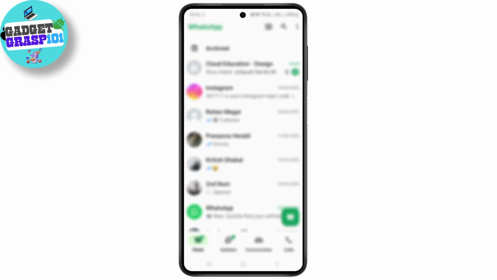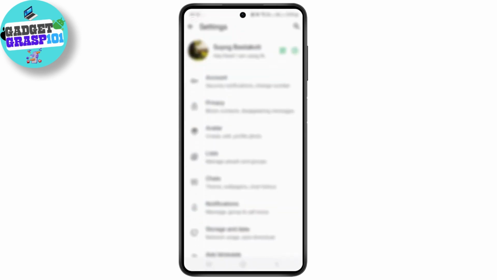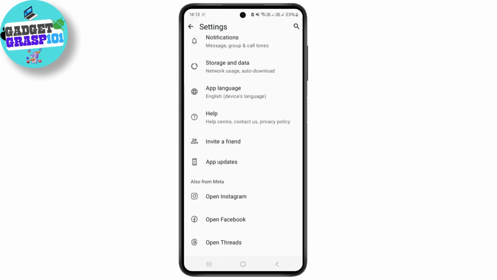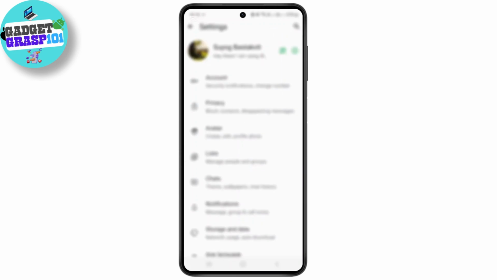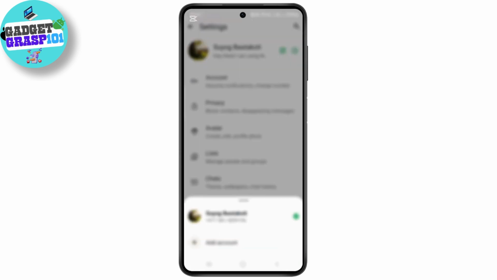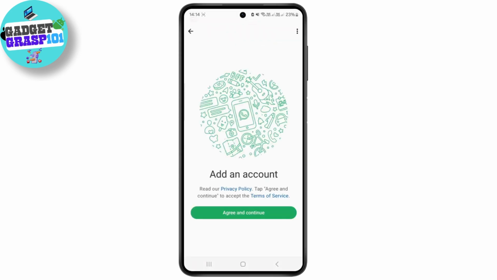So to add multiple accounts, or just more than one account, what you need to do is just click on this three dot icon at the top right corner and click on settings, and from over here just click on this plus icon at the right of your account section, as you can see. From over here you get the option called add account. So simply tap on it, and once you tap on it, now you can